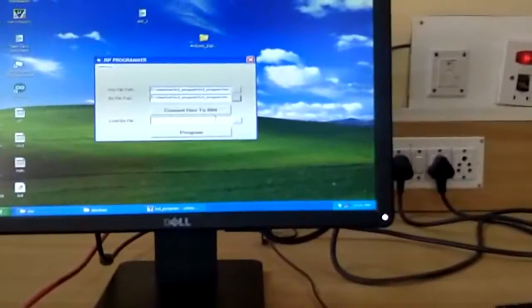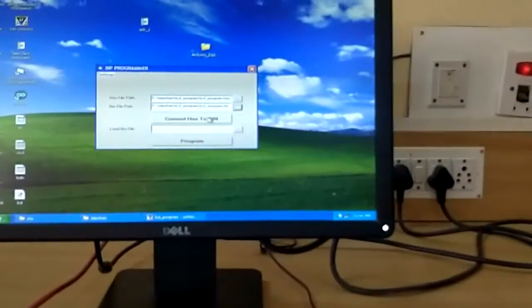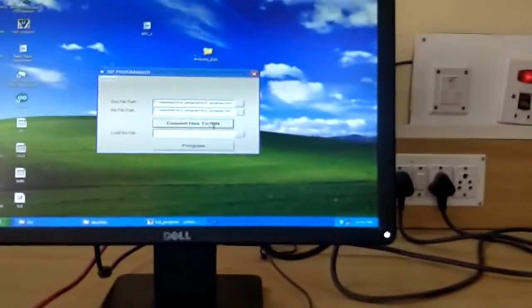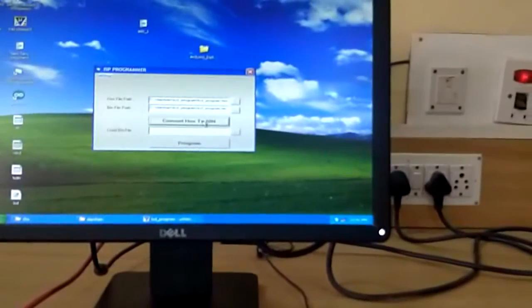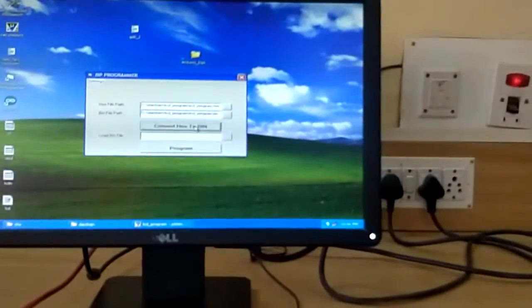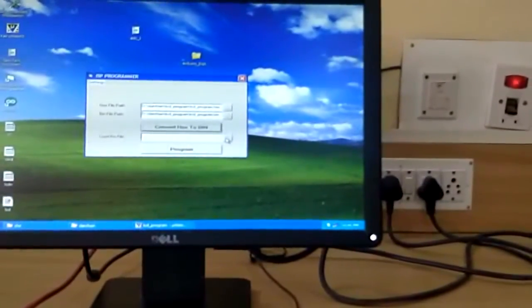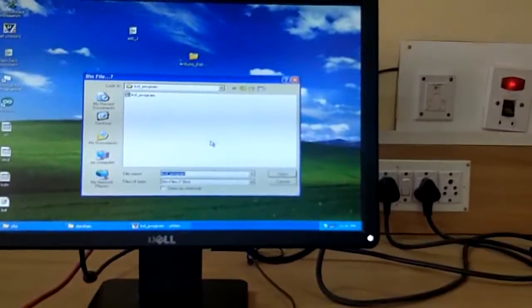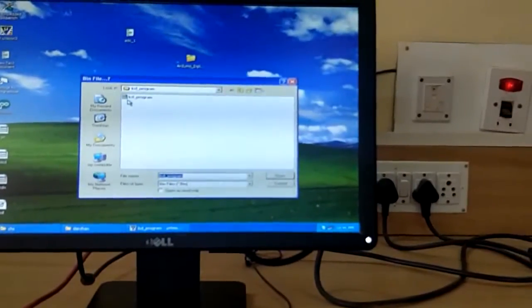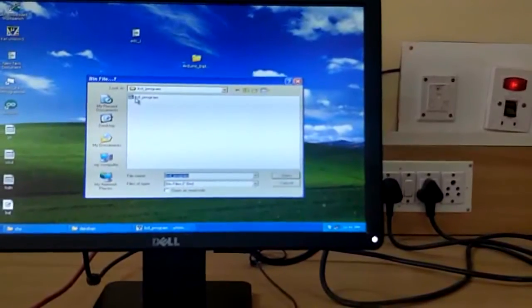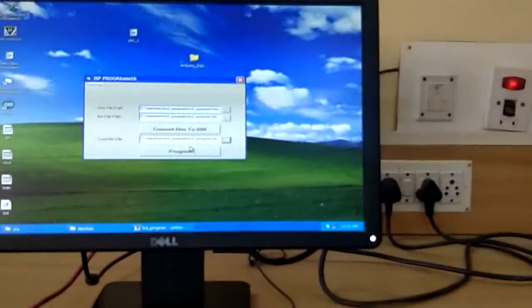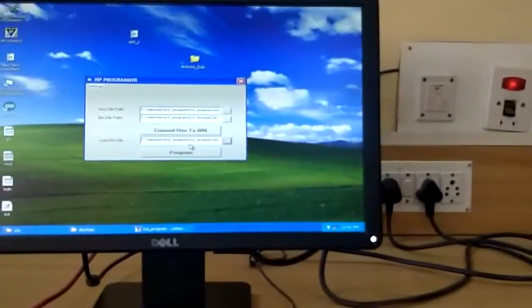Okay, now it is going to convert the hex file to binary file by clicking on convert hex to binary. So my binary file is generated. Now browse the binary file, the LCD program binary file. When you browse, it is the generated binary file. Double click to open. Now it is the binary file I chose.